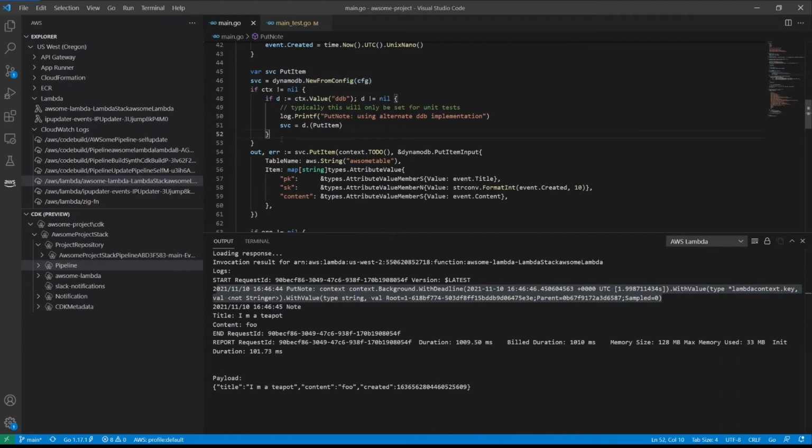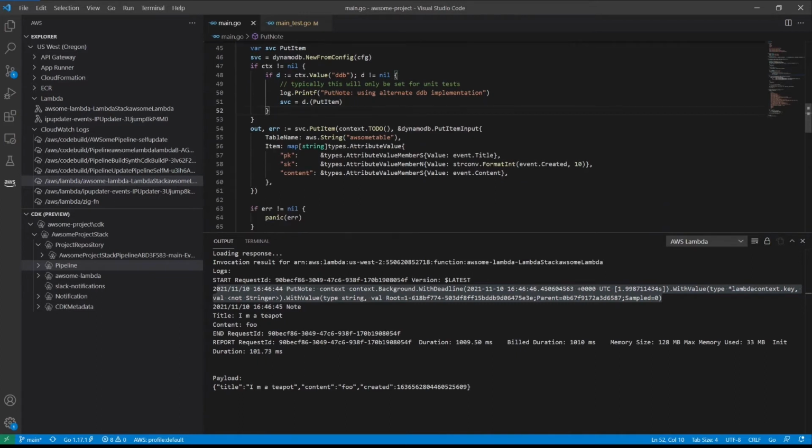And then we want to worry about whether or not this was being called from a unit test. If we call it from a unit test, we don't want to actually call DynamoDB directly. We'll use the DynamoDB object that's being passed in from context. But if not, then we'll use the live DynamoDB service.